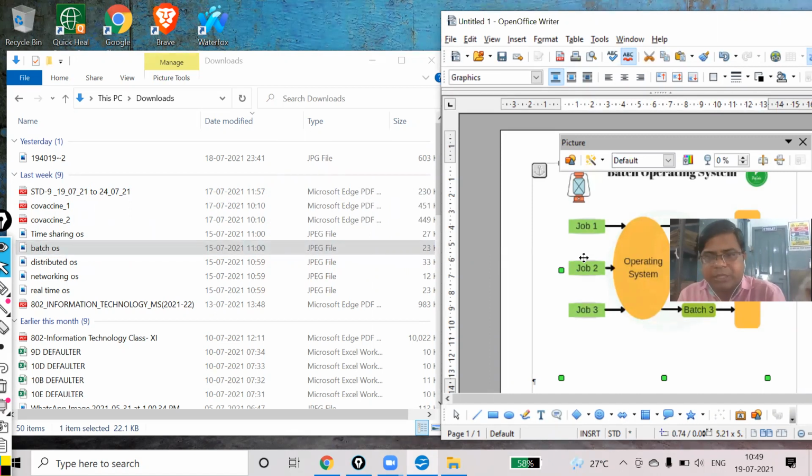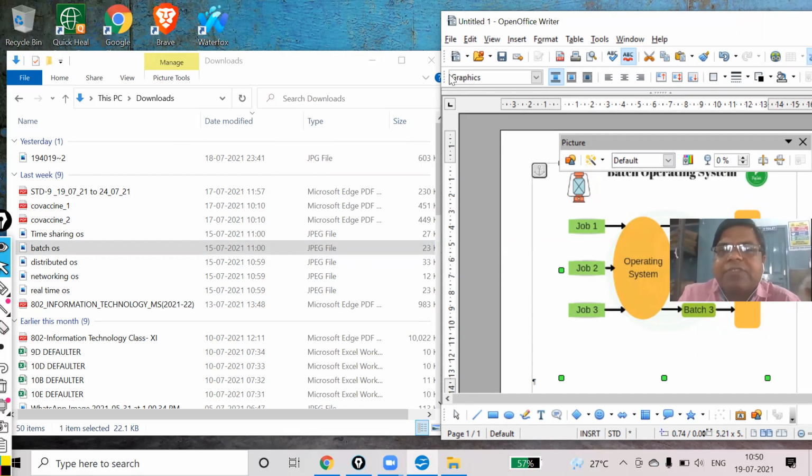But suppose instead of inserting an image, I should have a shortcut file, the shortcut link you can say, of this file. Then in that case, I have to not go with this process. It is simply click and drag.